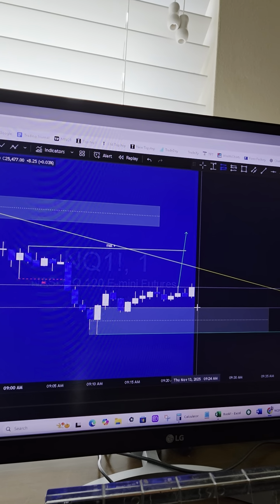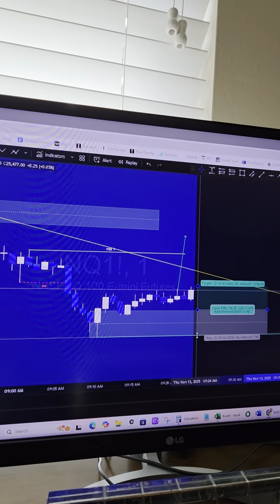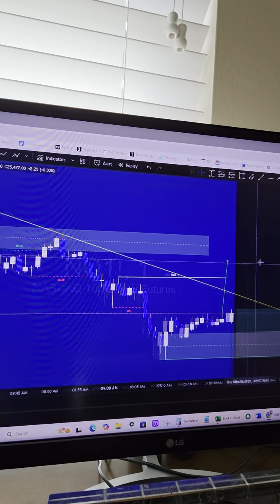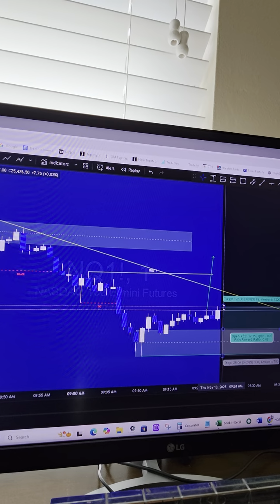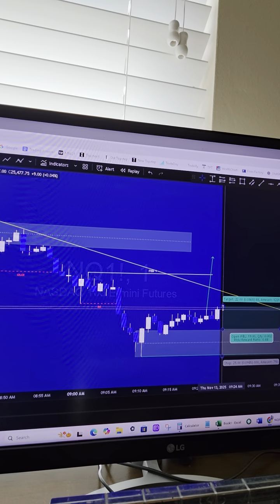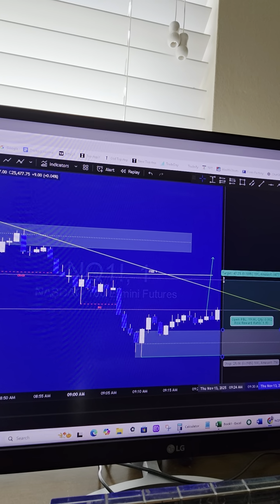Sorry. Wait for price to retrace to the order block. Place your stop loss underneath here. And then what do you target? The liquidity pools that everybody's talking about. Nobody just wants to say what they are. The liquidity pools are basically